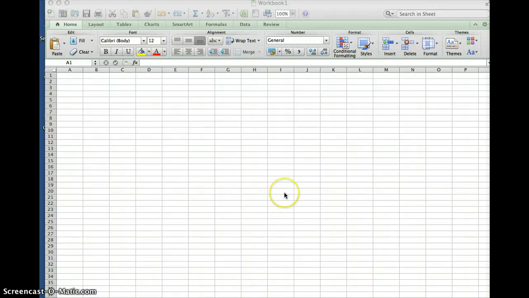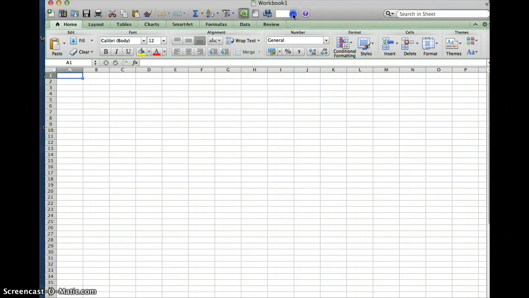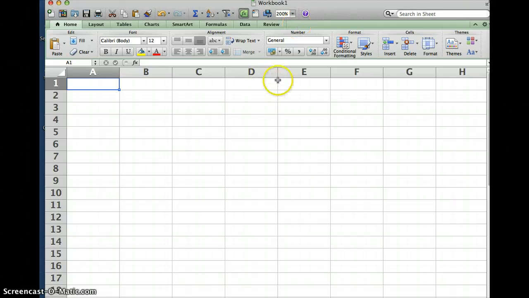Hi, today's lesson is about how to create a spreadsheet easily that looks great. So the very first thing that I want to do is change my viewing size, and I always like to keep it at 200%. It's so much easier to work. So for this example,